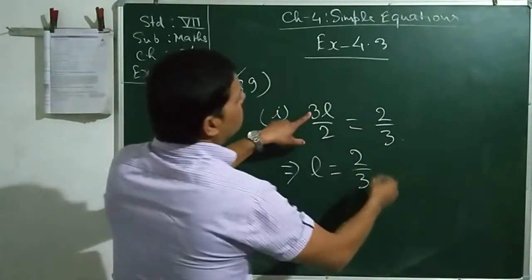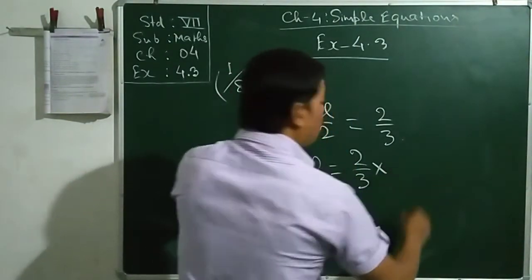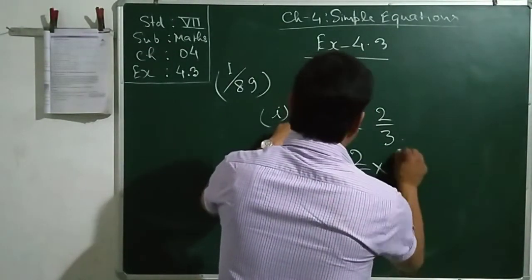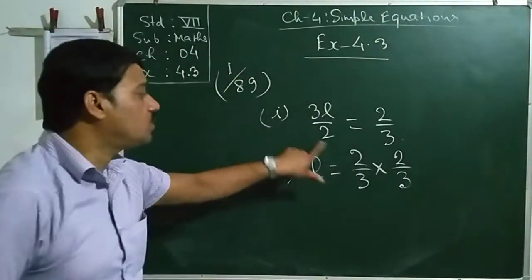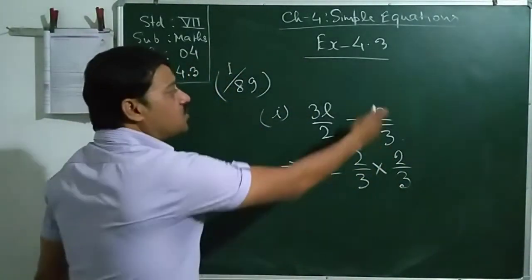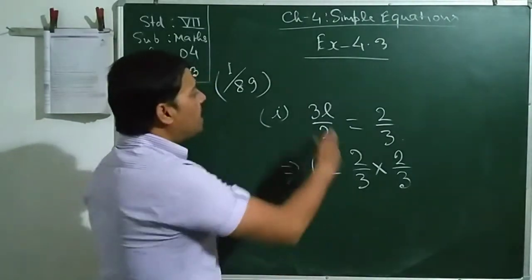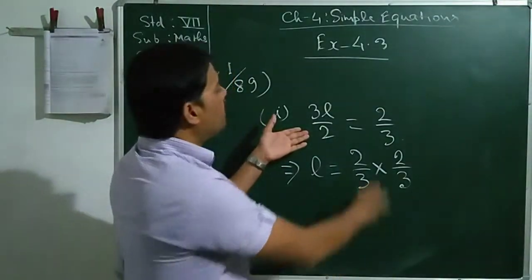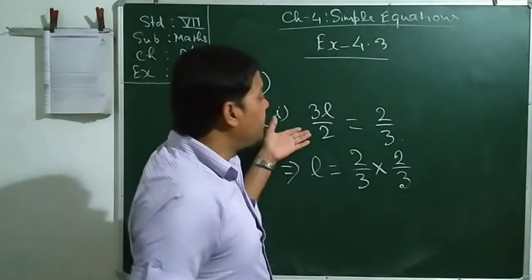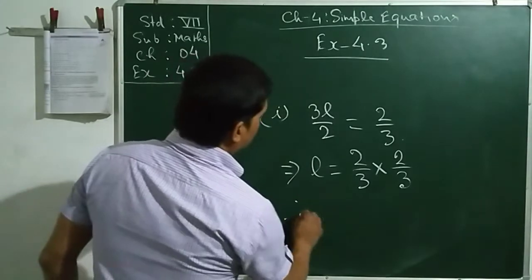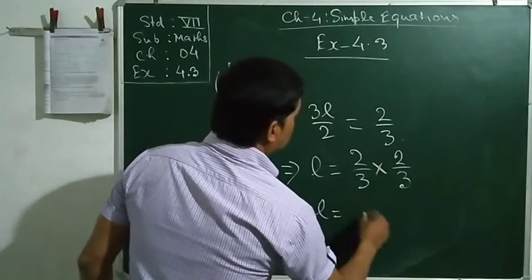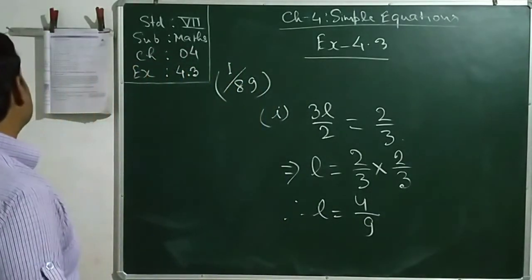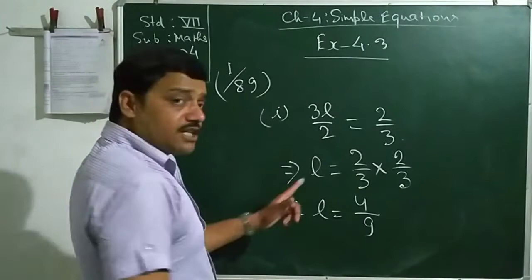This 3 by 2 will be multiplied by reversing, or finding the inverse of 3 by 2. The inverse of 3 by 2 is 2 by 3. 3 by 2 turned to 2 by 3 here. This 2 by 3 appeared here first, and then after this, the 3 by 2 which was multiplied in the LHS will go to the RHS in the multiplication form, but after finding the inverse. So we can write now, therefore, L equal to 2 2s are 4 and 3 3s are 9, 4 by 9. In this way you can solve the remaining sums of question one.